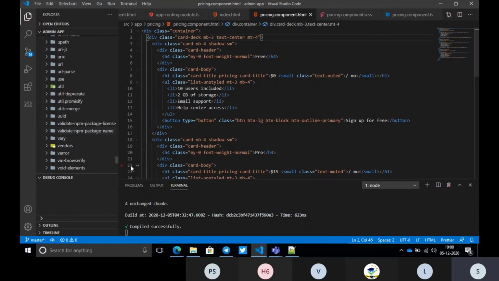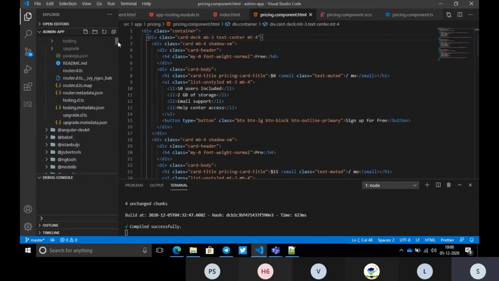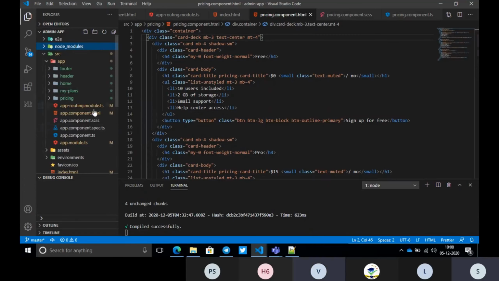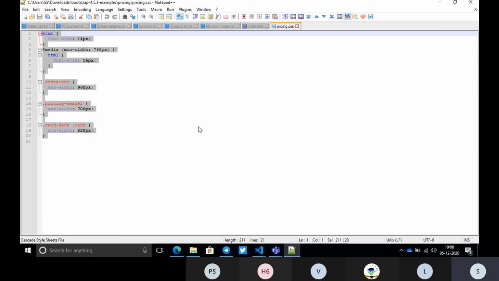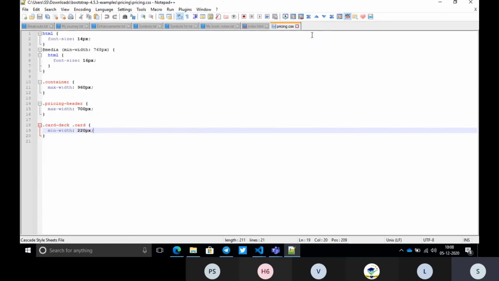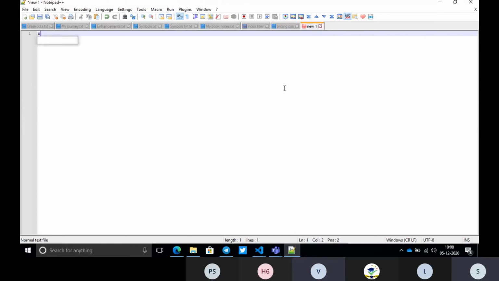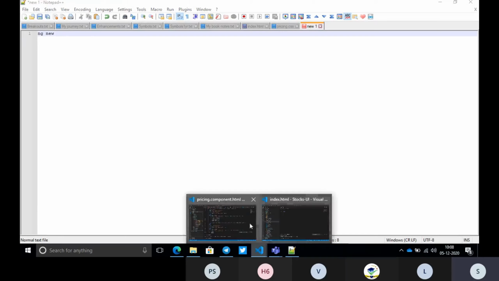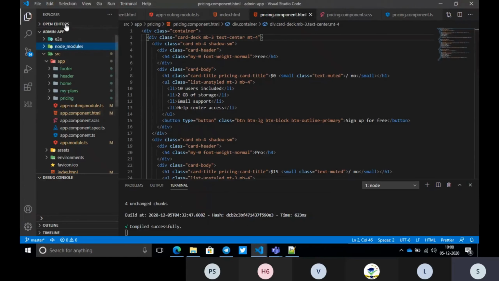So in the last session, I have shown you how to create an application from scratch using the ng new command, right? Okay, so we used the ng new command and created the application. Then once we created the application, we loaded it into our IDE using Visual Studio Code.